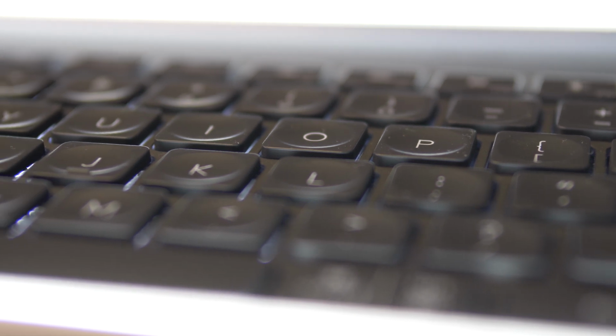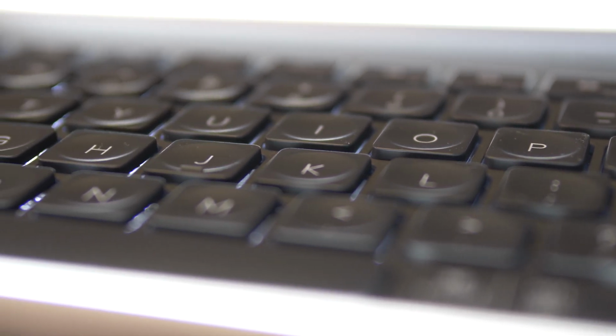Also, it's got these circular depressions on the keycaps, which feel really natural to type on, and it's just a very smooth, responsive typing experience. The secondary function keys are also really cool because it's got much more of a productivity focus around it. Obviously, it has all the standard ones like volume and brightness control, but some interesting ones that I thought were